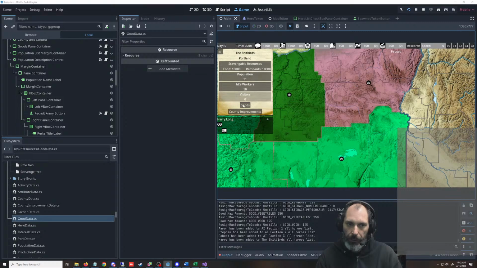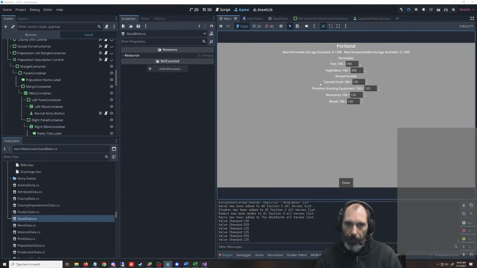Currently in the game, we have them here under goods. So it's right here. We can make another list that's just of scouting equipment, and link the last scouting equipment in there, or we could loop through this whole list looking for non-perishable.